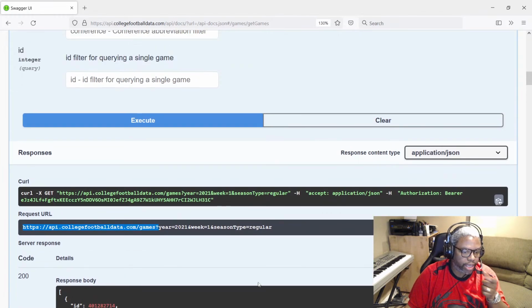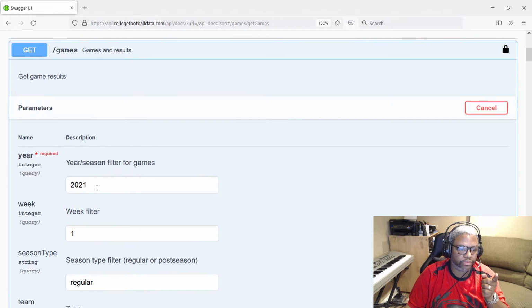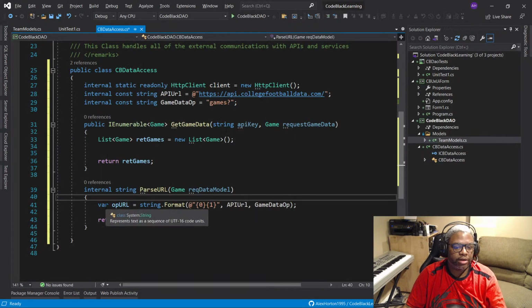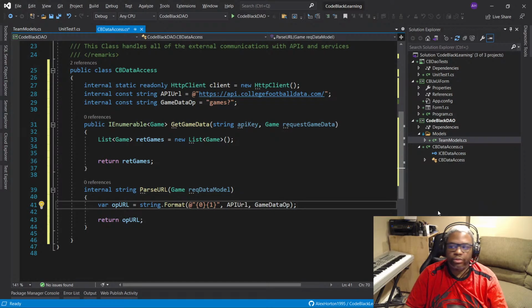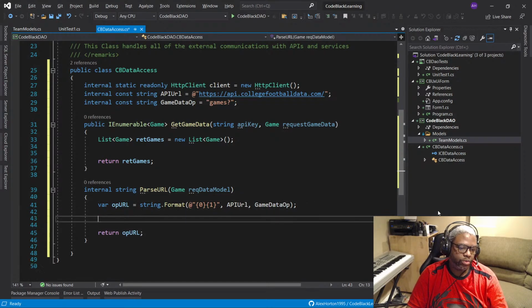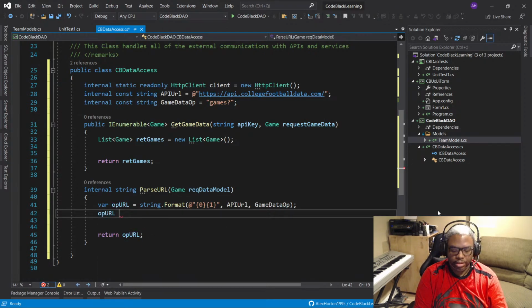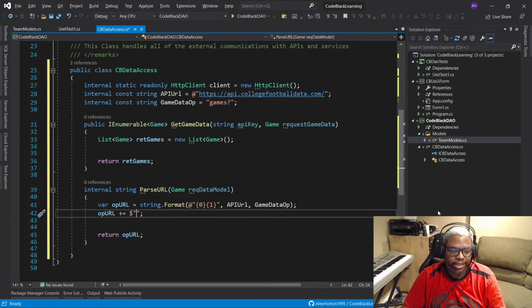Now, we know that the year is a required piece of information. At a minimum, we have to have the year. Okay. So now what we're going to do is we're going to add, using an addition, a string concatenation operator. There's another term for that. I forget what it is. And we're going to add the year. Now, I'm going to use what's called string interpolation. What string interpolation is basically just another way to build a string. So I'm going to put year equals,